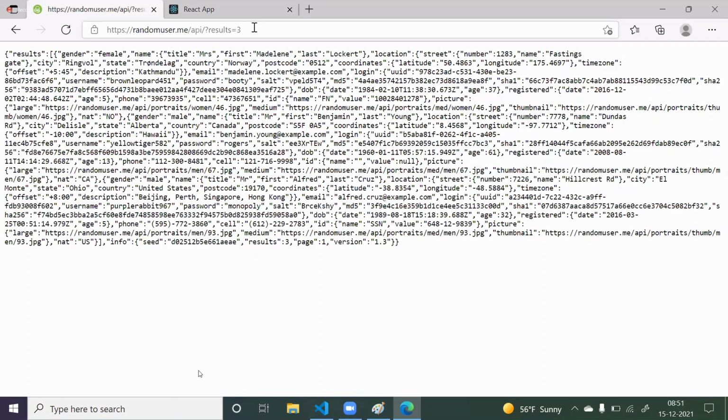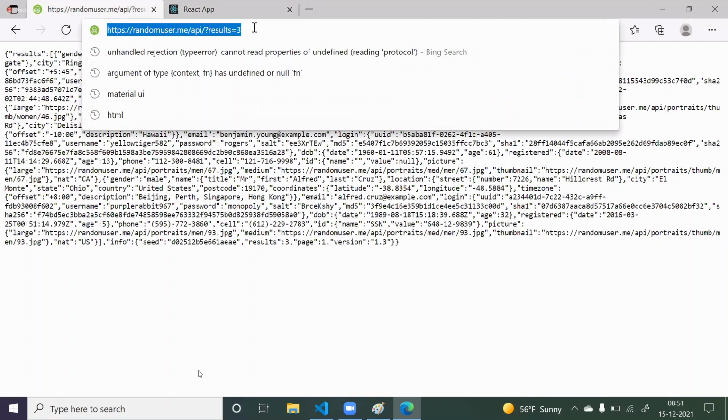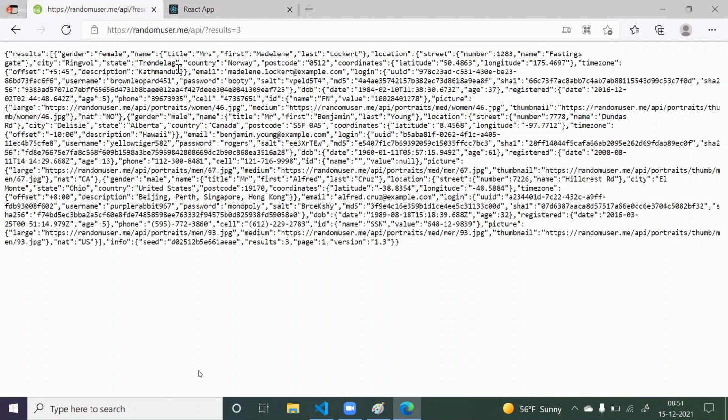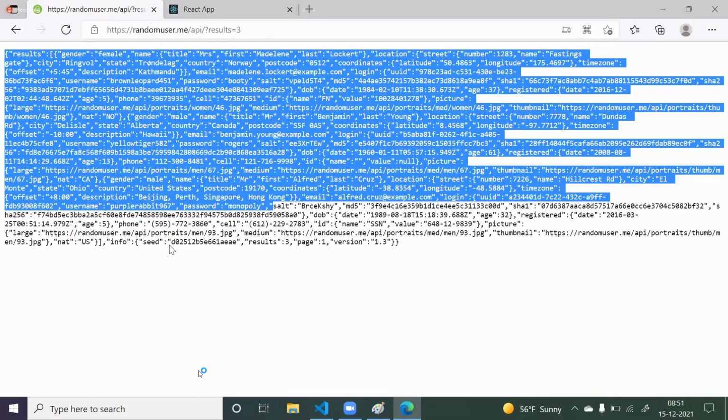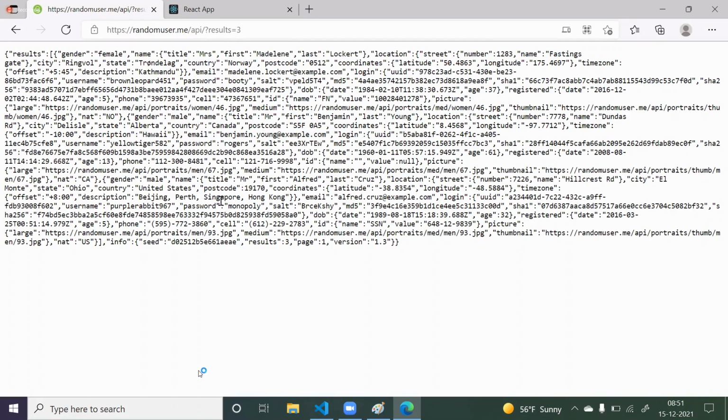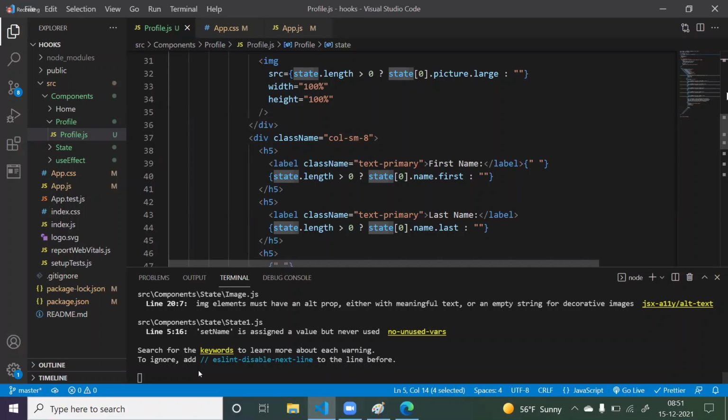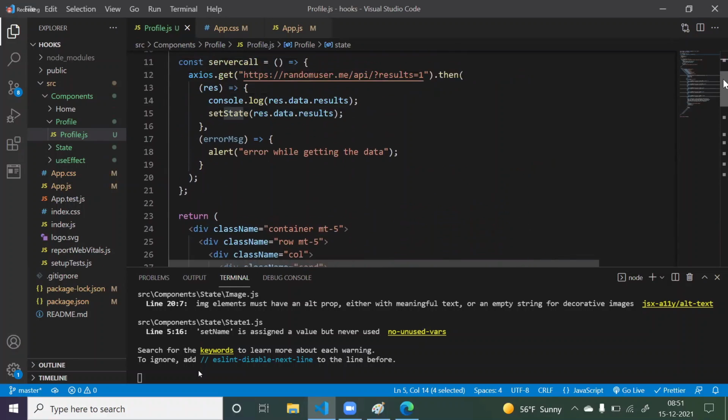If you go for any interviews, they are going to give you APIs. Any random API they will give, and they will tell you to fetch the data from this API as the first task and show me in the console. Once you have shown the data in the console, they will tell you, okay, create this kind of UI and show me this data inside this UI. Then you have to create that UI and show it. And once you did, they will start asking you questions about what you did.